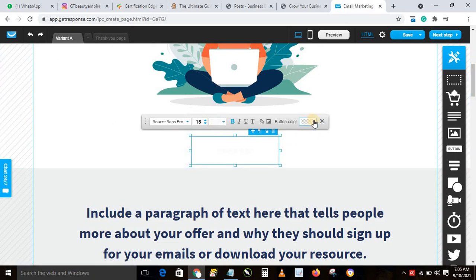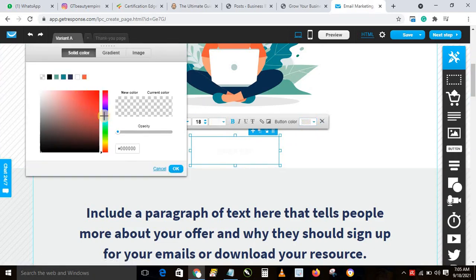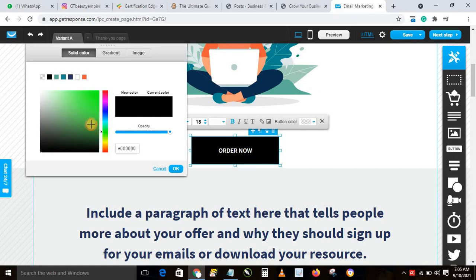Then you come to the button background color. You want to change it to the color that you want. Let's say we want to make it green, so we'll turn it to the shade of green that we want, or we want to make it red, turn it to the shade of red that we want, but we'll leave it at green. Green appears to be more pronounced in this background, so what we want to do is